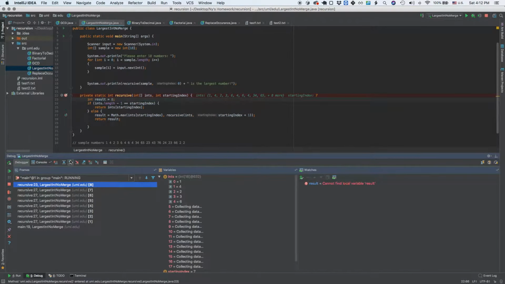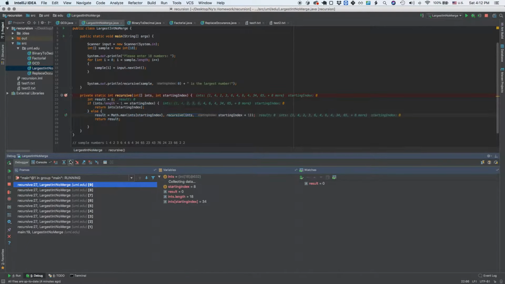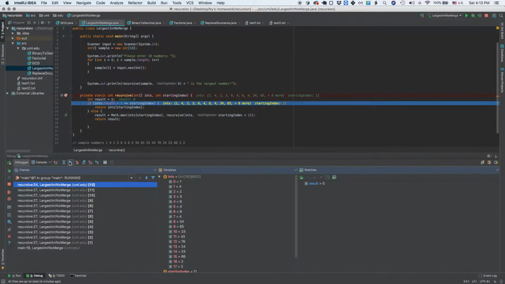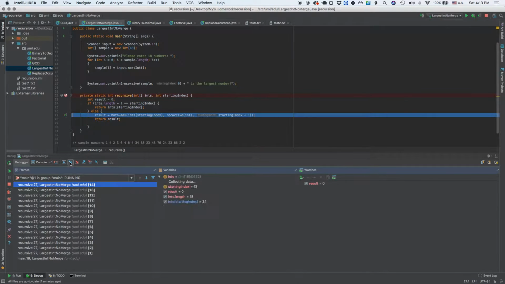So I'm just going to get a little bit further here. And the important thing about this recursive call, of course, is that we have a way to break out of it. And this is your base case. This if inst.length minus 1 is equal to starting index. So basically, if the integer length is equal to the starting index, we're just going to return the integer at the starting index, okay? So you'll see once we get to 18 here,